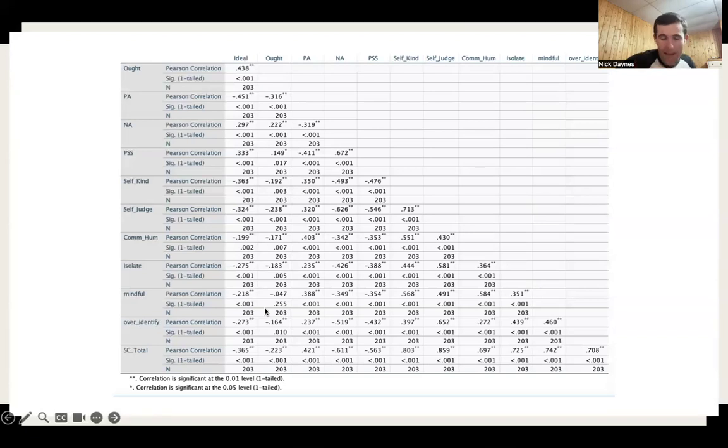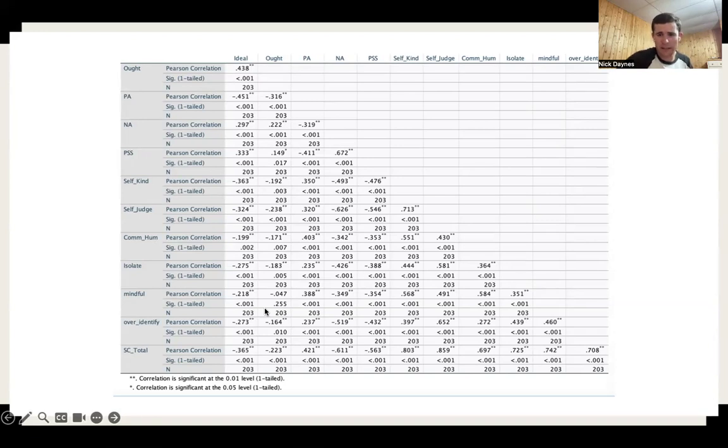And it was true that I had made a type 2 error before, because here there was a significant correlation between ought self-discrepancy and perceived stress and negative affect. And by the way, when I say significant correlation or significant finding, really what I'm saying is that the p-value is below 0.05. So there's only a 5% chance or less of getting a type 1 error. That's what we mean when we say a significant finding. So I would encourage you to pause the video and just scan through this